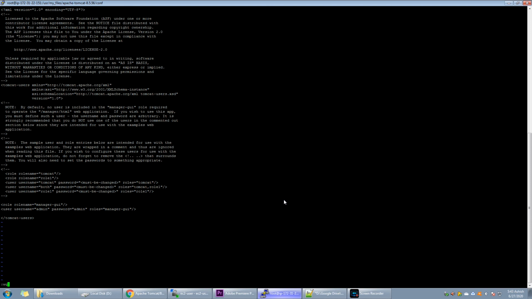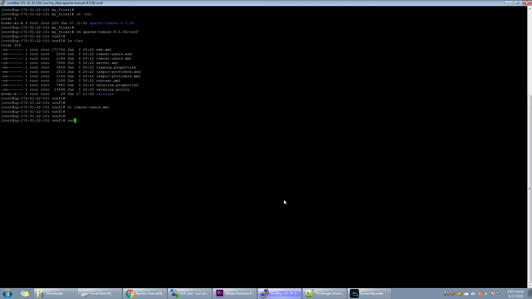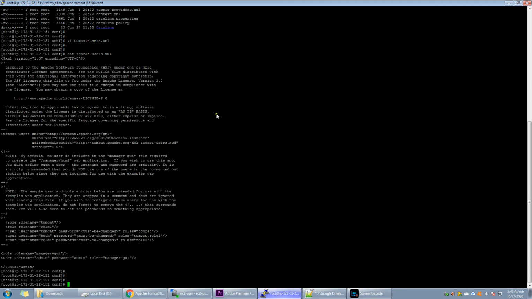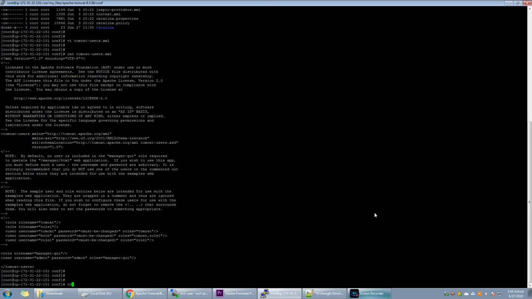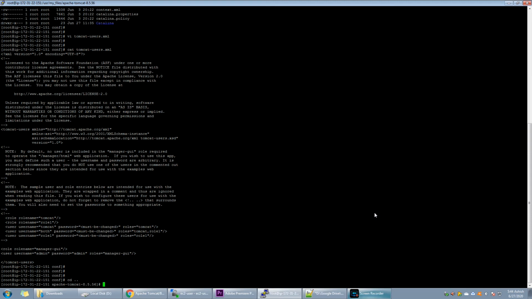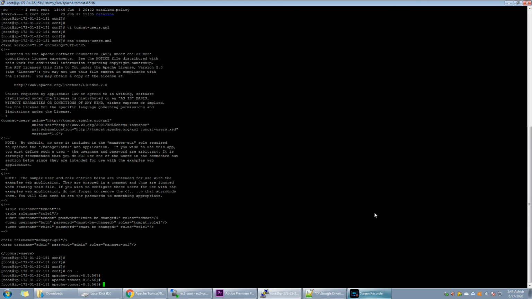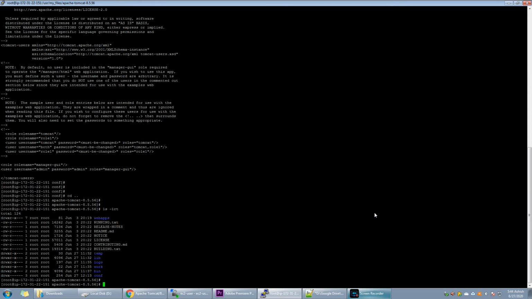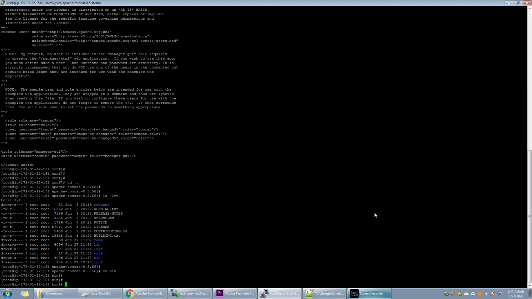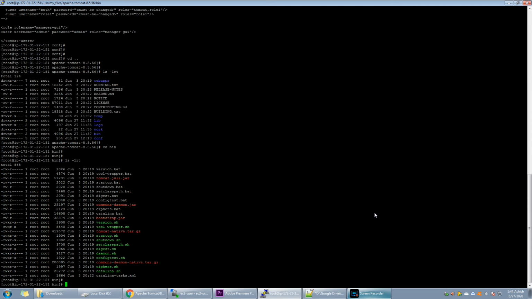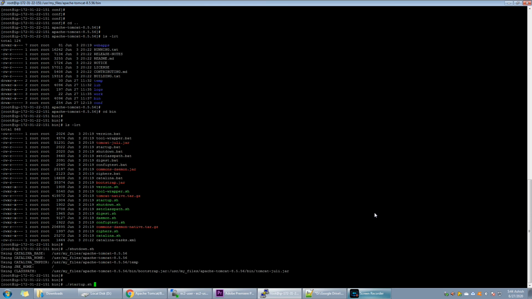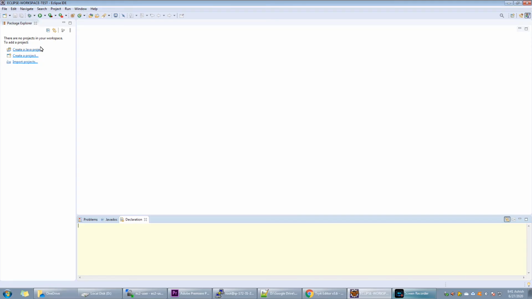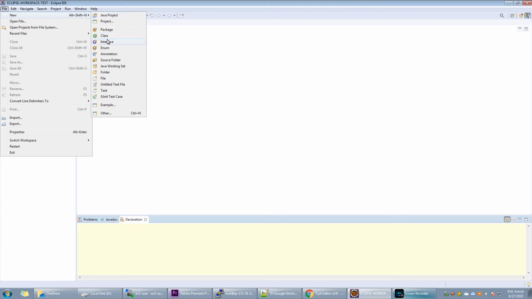Save this file and restart the Tomcat server. Now create a simple web application in Eclipse so that we can deploy that application in this server.